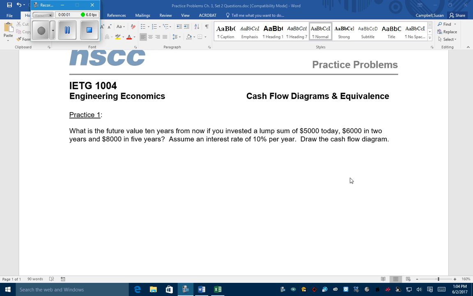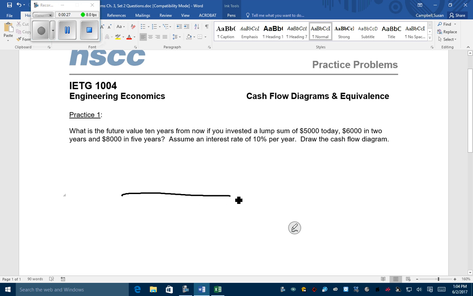In these practice problems, we're going to talk about cash flow diagrams and equivalence. A cash flow diagram is a visual representation of how your project cash flows or investment cash flows are depicted. And every cash flow diagram has a particular point of view. If I am an investor that is going to try to earn money and take it out in 5 years,